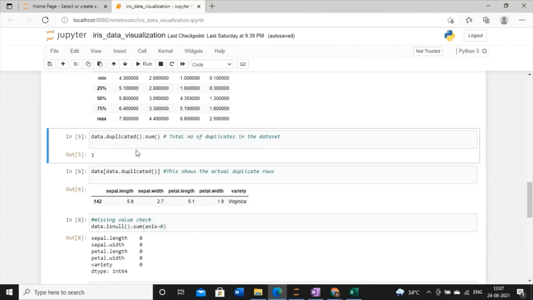Whenever you have very few duplicate values, how can you decide? See, we have 150 values. Out of 150 values, we have one value as duplicate, or two, three or four values as duplicate. Find out the percentage. If that percentage is very low, there is no need to remove it. This is the biggest point that you have to consider. Otherwise, it will result in an unbalanced dataset.